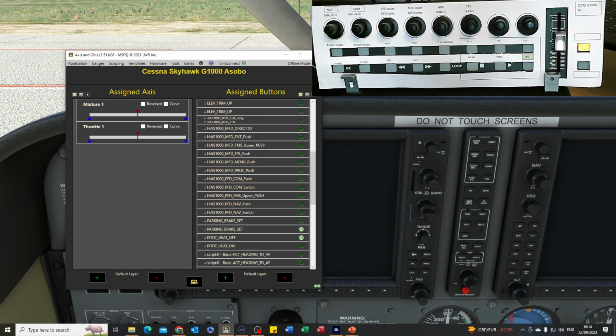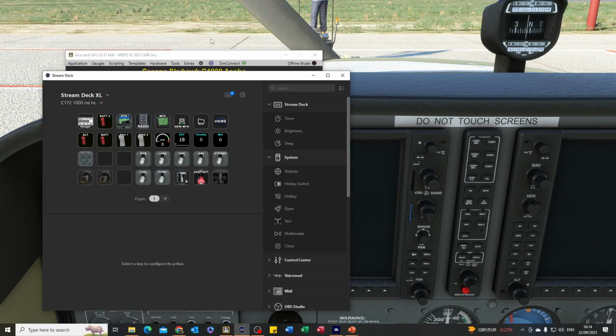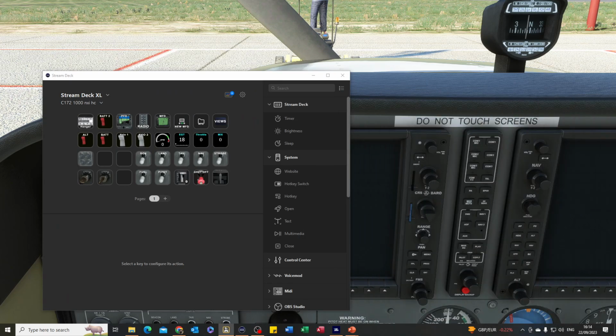So if we get rid of that X-Touch now for a second, let's have a look at the Stream Deck. Now, if you see my previous videos, I had a Logitech yoke and throttle, and they don't have any switches on them really. So everything was done on the Stream Deck. So this was dealt with in huge detail in previous videos. But I don't really need them